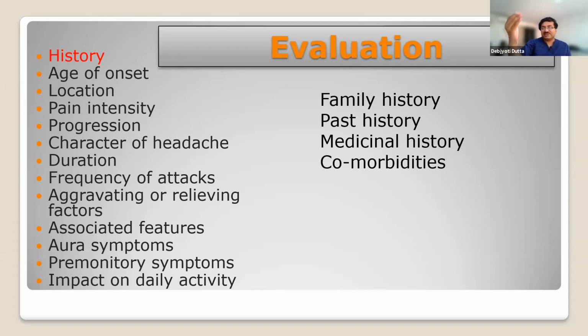One side you cannot see. So I have a video also. One of my patients just told me, "I am seeing my mother-in-law, but I can see only one side of her face, not the other side."